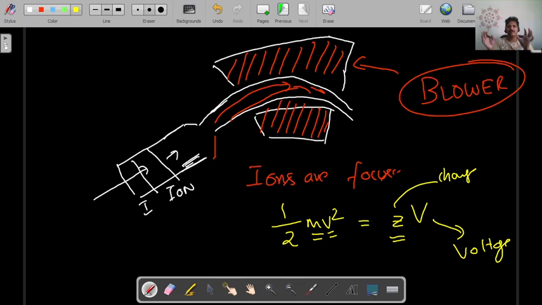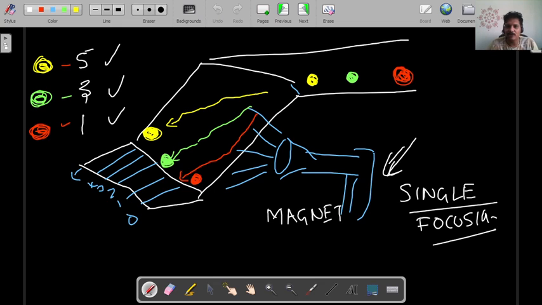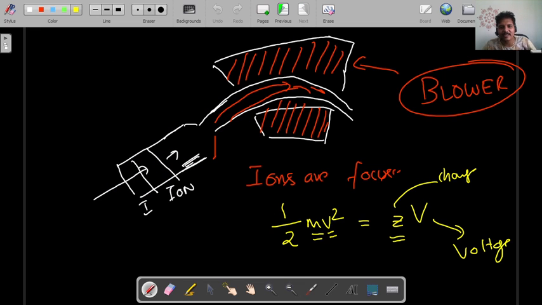So what you are first doing is pushing the ions inside this particular magnetic chamber. It's similar to pushing your different atoms into the ramp. That particular part is achieved here. You are pushing the ions, so all will have the same kinetic energy of mv square equal to zV, where m is the mass, v is the velocity, capital V is the voltage that you are applying to push, and z is the charge.